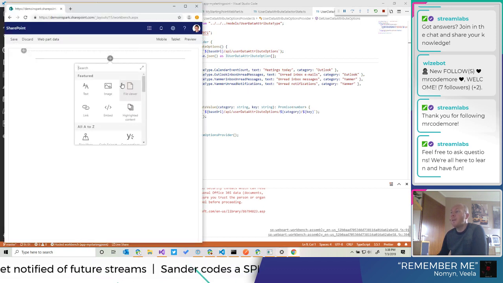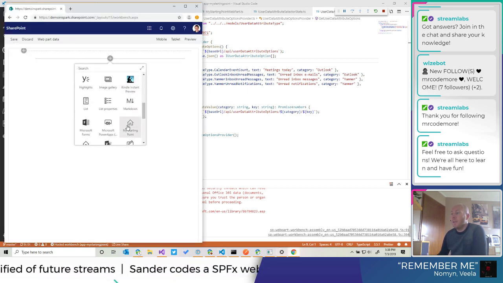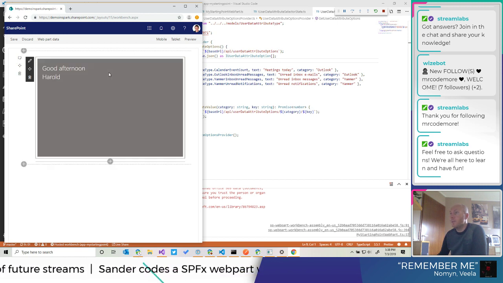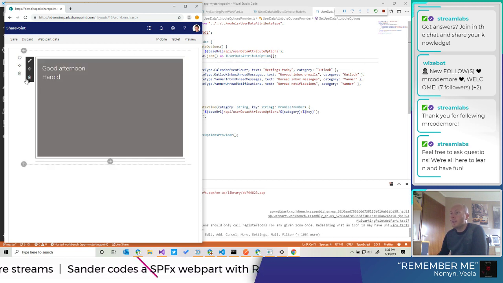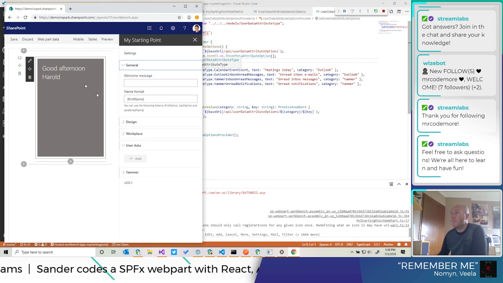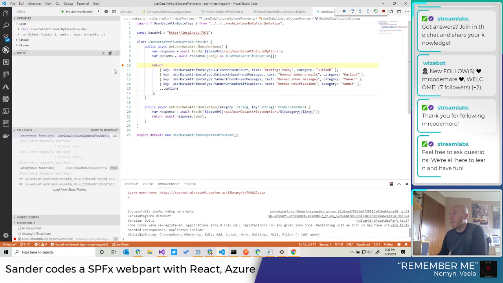I should select my Webpart first. It needs to load, otherwise I will hit the breakpoints, and there we go.